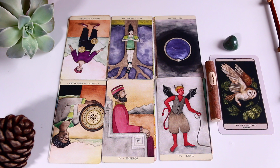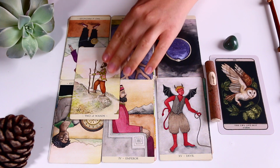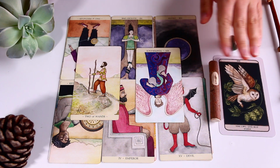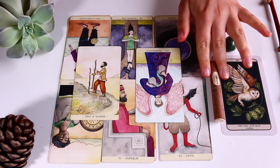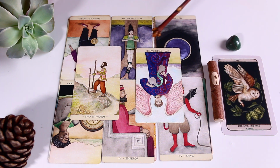So let me grab another couple of cards, and then we're gonna end it here. For pile number 2, please and thank you. The Two of Wands and the Temperance. So in a way, they're like, look, Temperance in reverse and the Two of Wands, I feel that they're saying